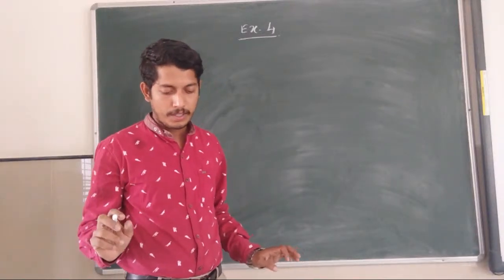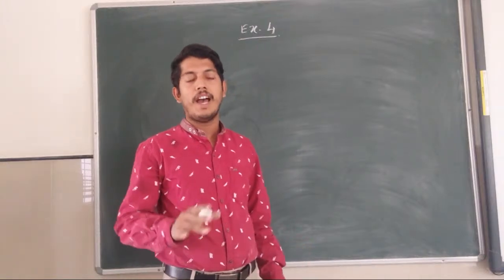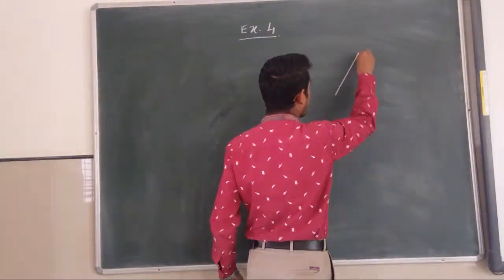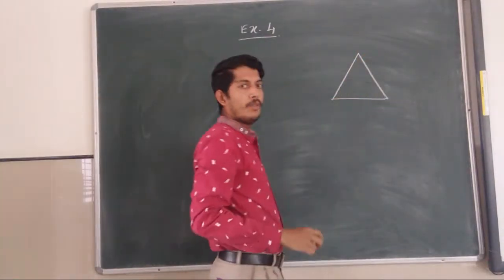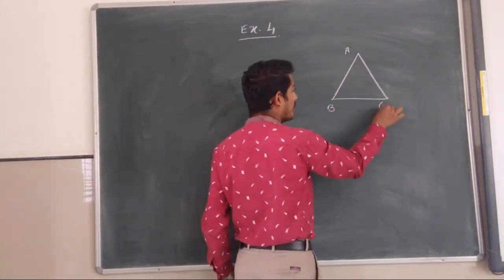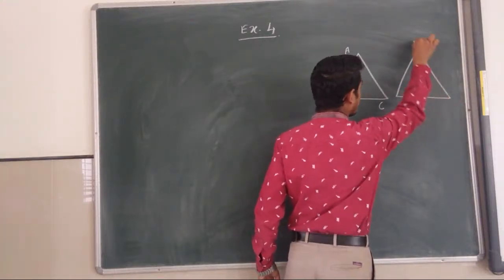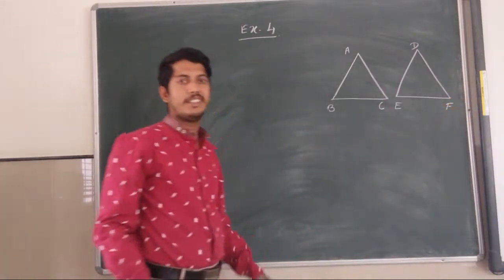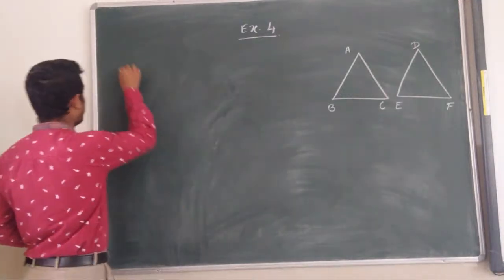First, I will draw two triangles. This one is triangle ABC and the second is triangle DEF. So I will name the endpoints as A, B, C, and for the next one D, E, and F. Okay, these are the two triangles. What is given? First I will write the given data as